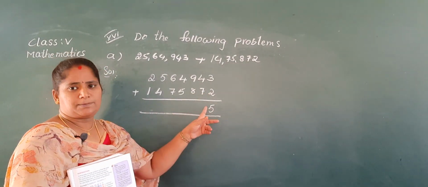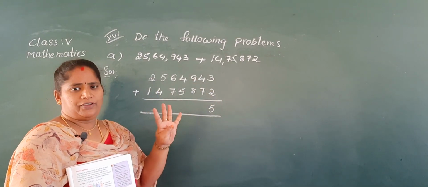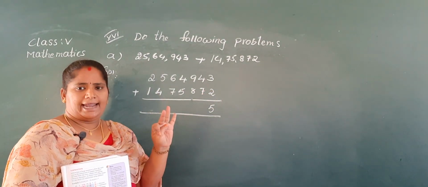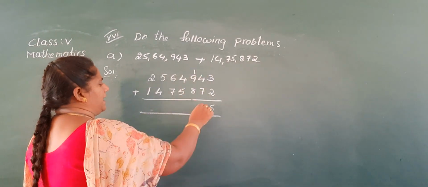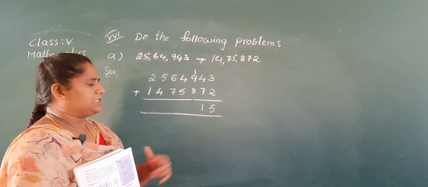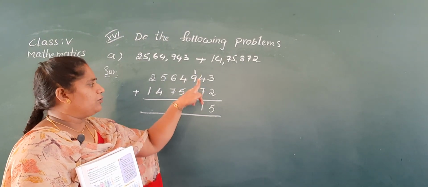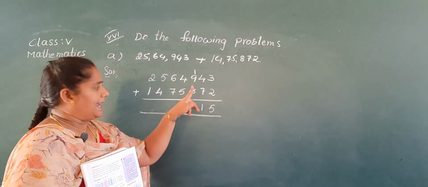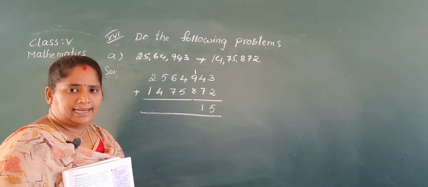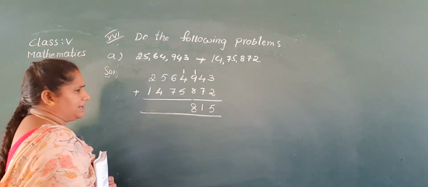Now you add the tens place. Take the small number as fingers. So take 4 fingers, 7 after 8, 9, 10, 11. So 1 in the hundreds place and write 1 in the tens place. 1 plus 9: here you have to carry 1 to the hundreds place. So 1 plus 9, 10. 10 plus 8, 18. So 1 carry to the thousands place and write 8 under the hundreds place.